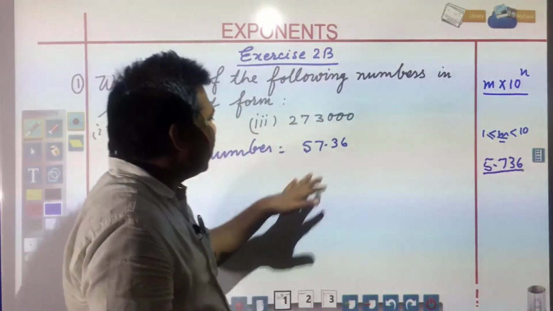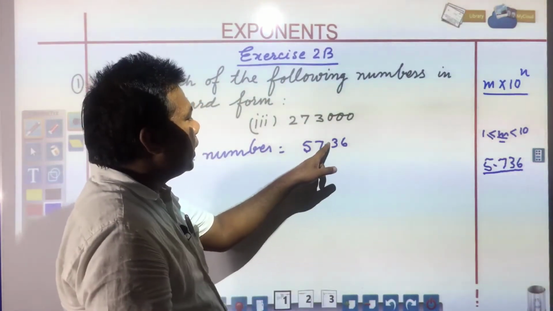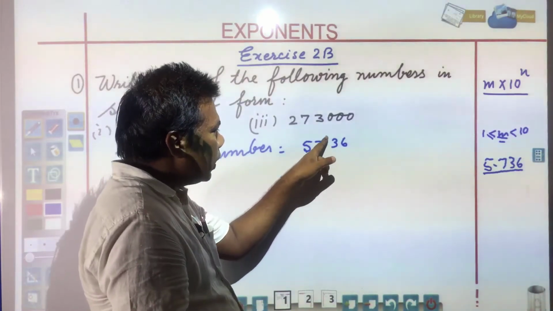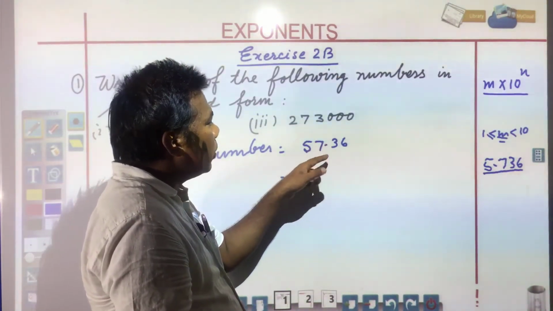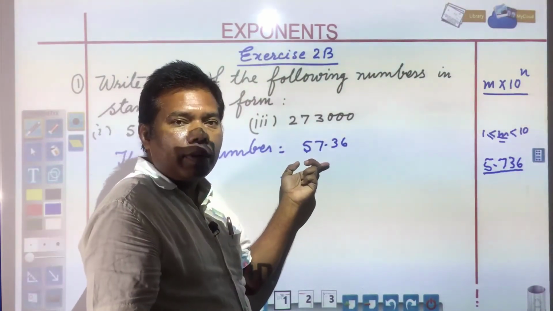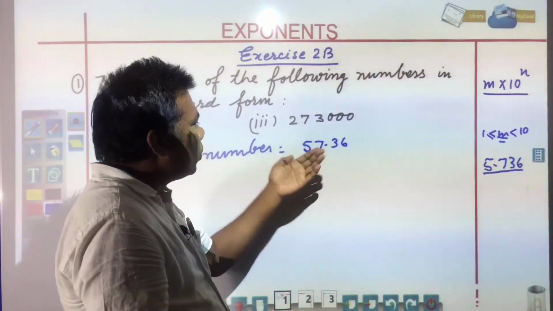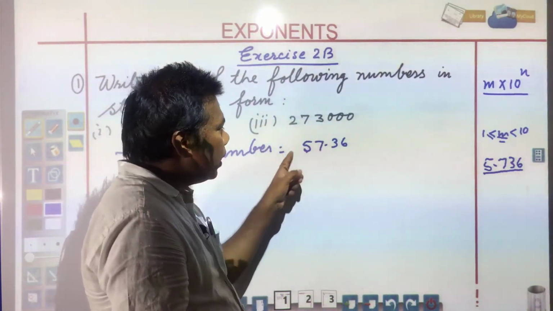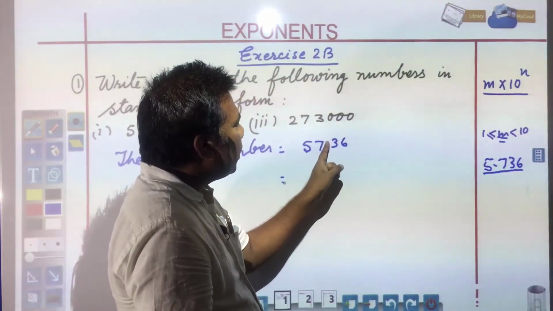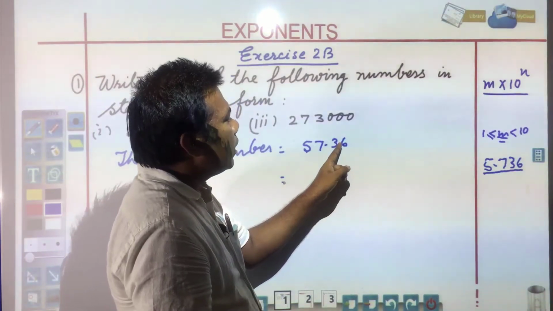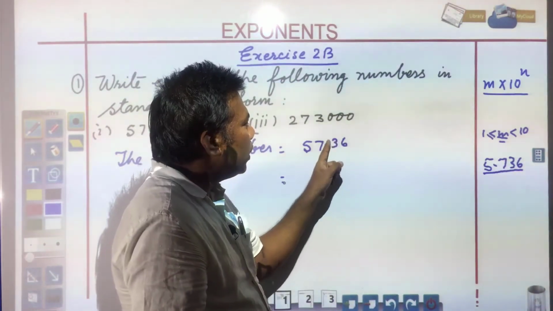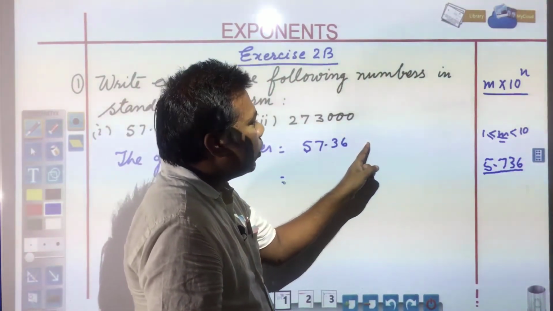For that, what is required? When the decimal comes to the left side, you are dividing. If you bring the decimal one digit, you need to divide by 10. If two digits leftward, you need to divide by 100. If three digits to the left side, you need to divide by 1000. In the same way, if you are moving rightward, then this is required to be multiplied by 10. One digit by 10, two digits by 100, three digits by 1000 and so on.